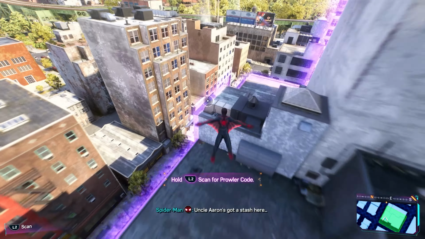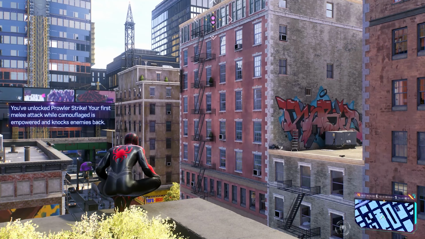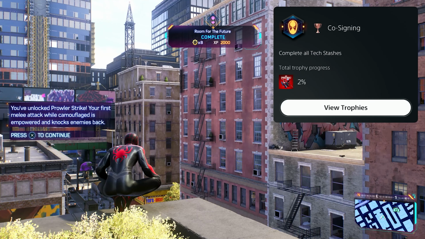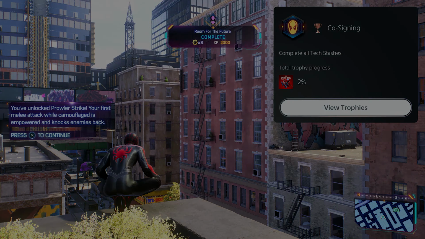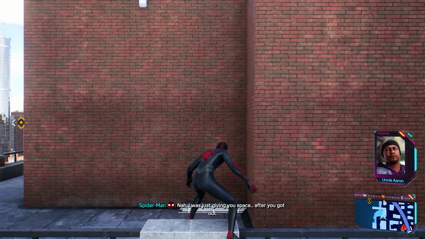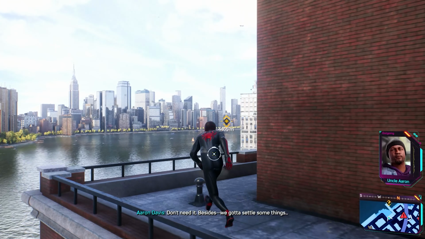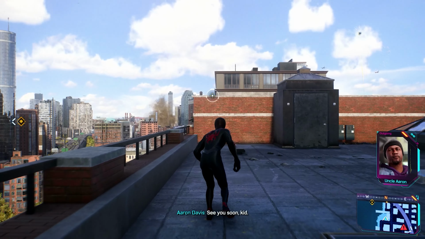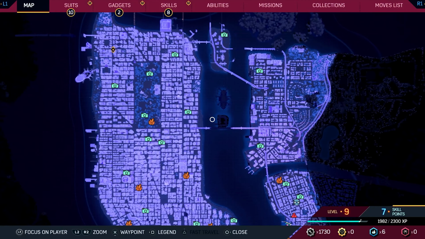And completing that quest early will also advance your district completion for fast travel, get that special ability for Miles, and unlock a trophy as well. As usual, all the timestamps are in the description down below, so you can easily jump to each of the locations you need. Early on in the game, while playing as Miles, you will receive a call from Uncle Aaron asking